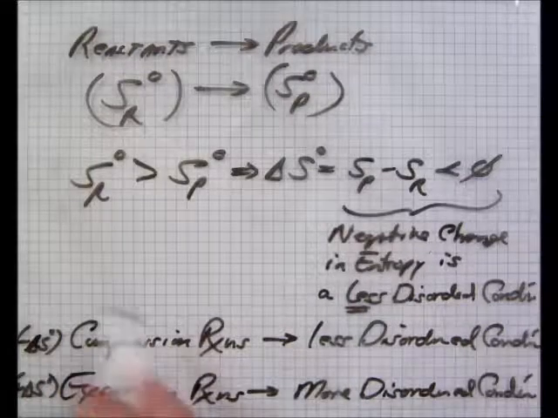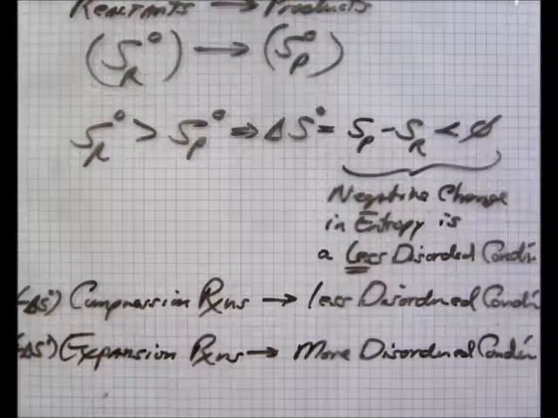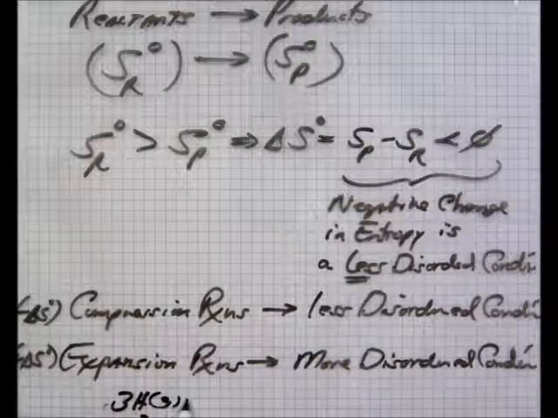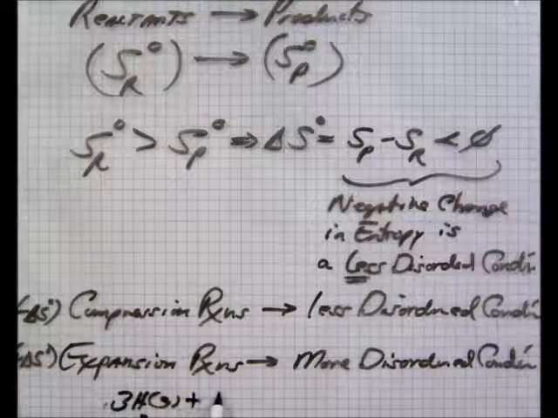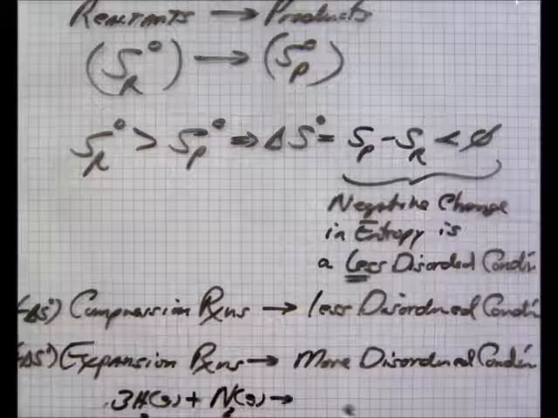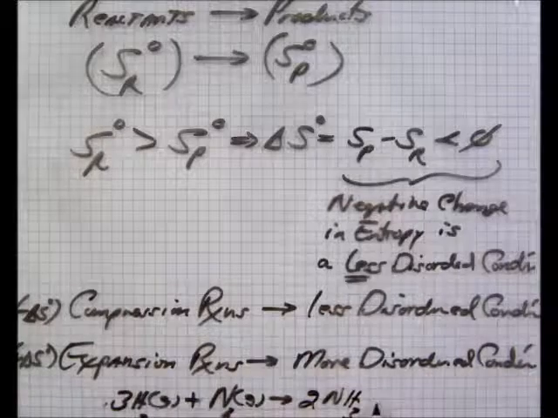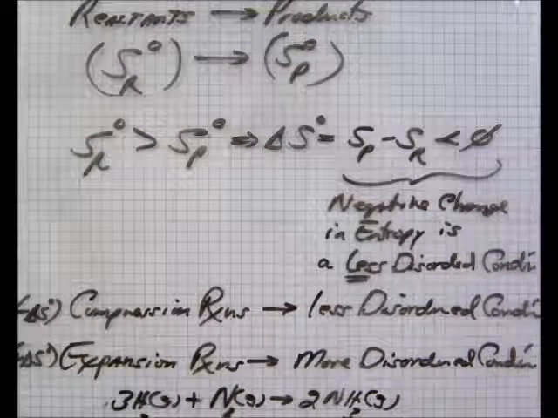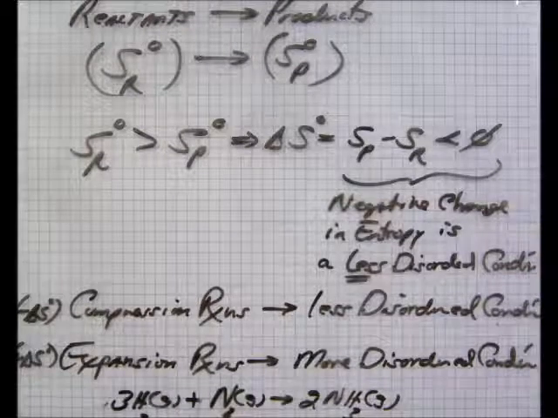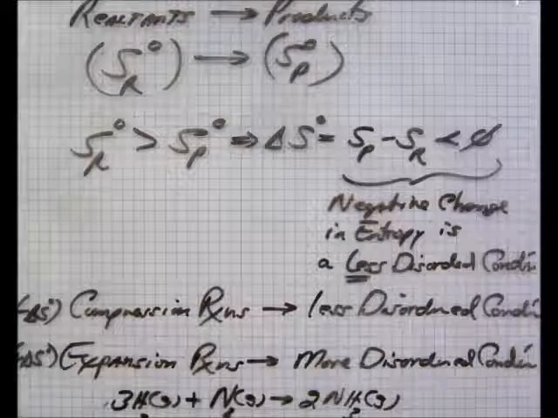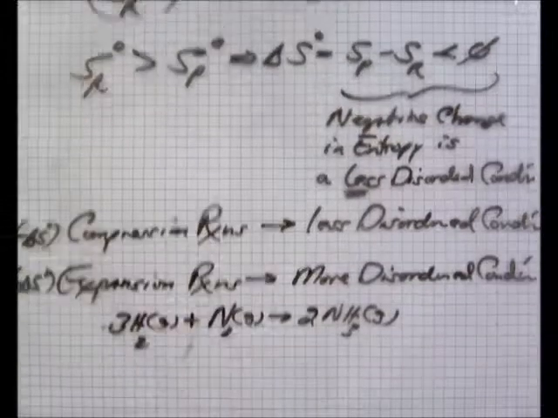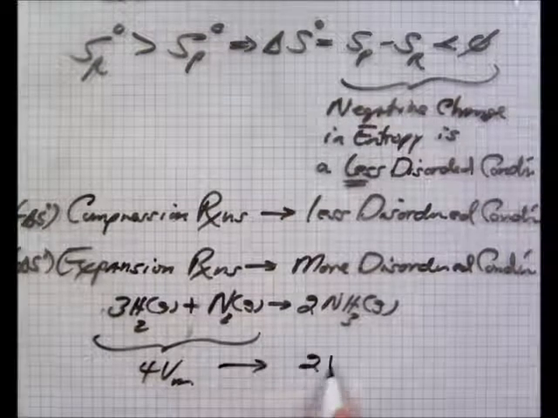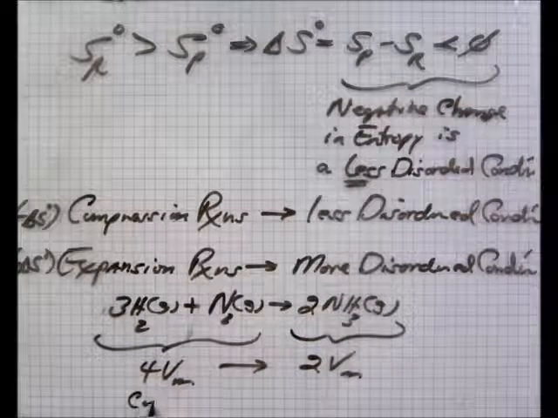In the context of an example: 3H2 gas plus N2 gas goes to 2NH3 gas, and you can see that that's a compression reaction. So the change in entropy of that reaction is going to a less disordered condition. To expand on that, we have 4 molar volumes going to 2 molar volumes. This is a compression,